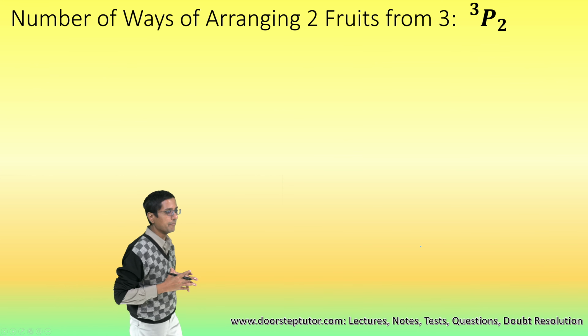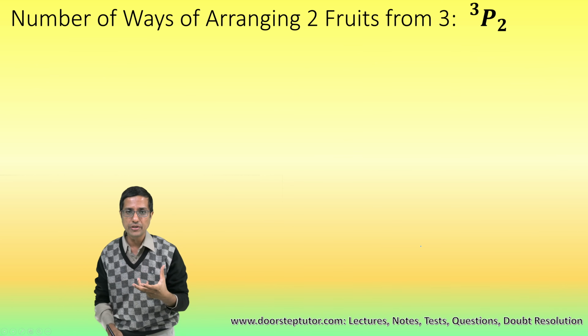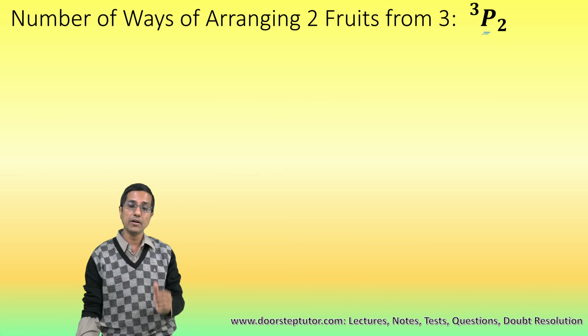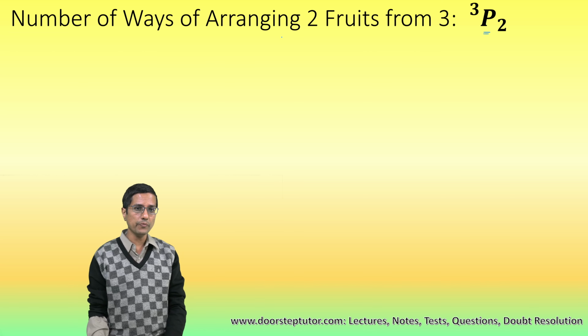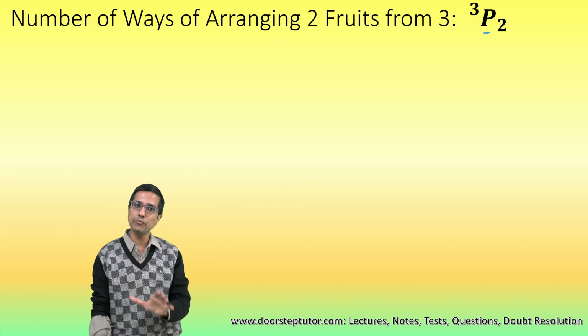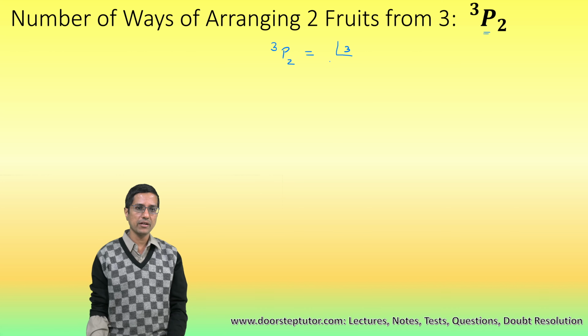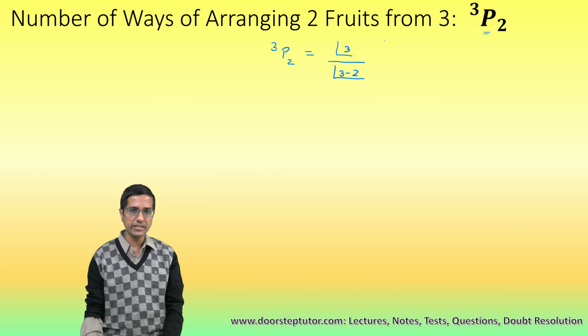So now let us understand the mathematics. Okay, how do we go from 3C2 to 3P2? How do we go from combinations to permutations, and what is the difference between the mathematics? We already understood what factorial is, so we'll not cover this again in this class, but the way we define the formula for permutations is 3P2, and this is equal to factorial of 3 divided by factorial of 3 minus 2. Okay, this is the formula specific to this case, but in general we write it as